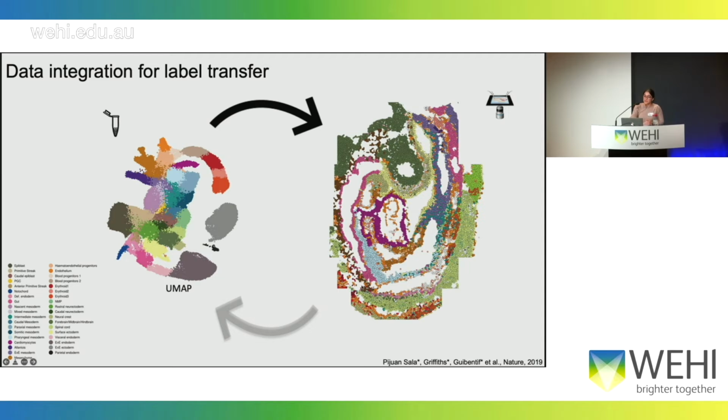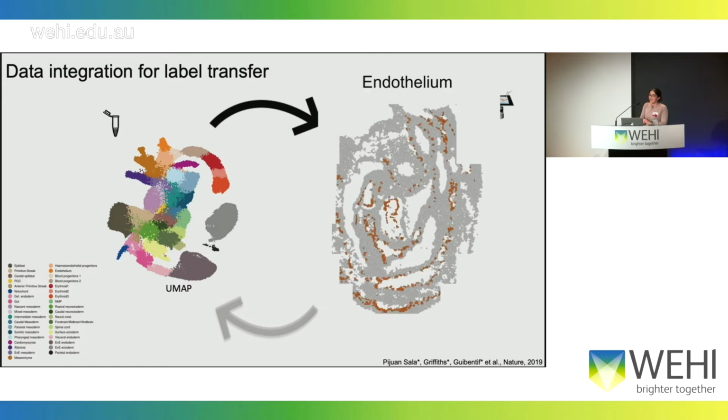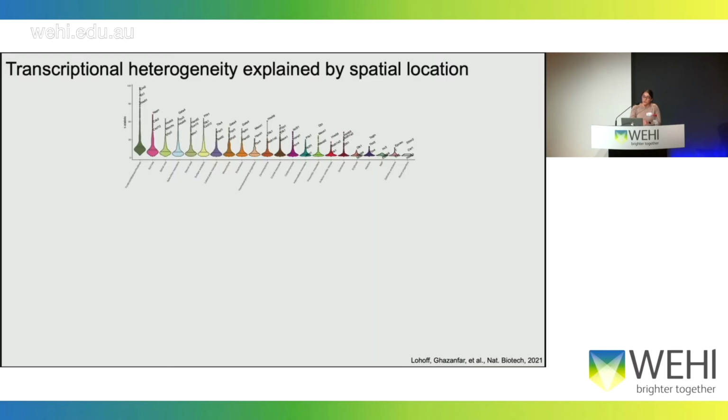One of the immediate observations that we made was that cell types are very differently distributed in space. Maybe that wasn't so surprising, but we can see many different patterns in which we're seeing cells, especially those that are very restricted and those that are very dispersed. And what we could do is try to get a handle on how much we could explain the transcriptional variation by the spatial location itself.